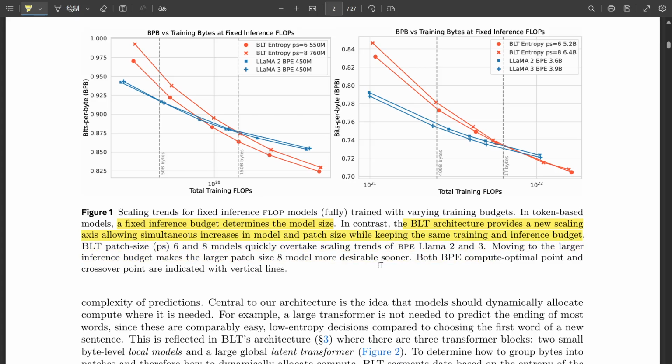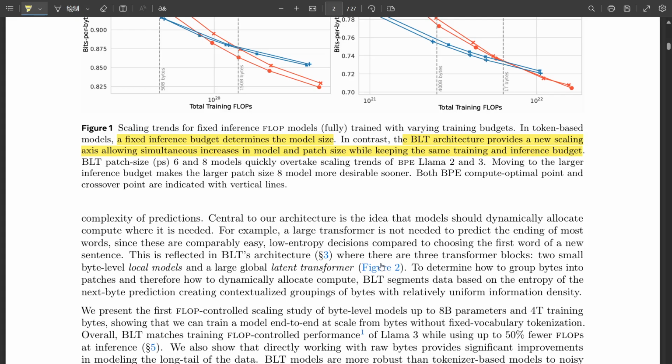And this is one of the big reasons it can do so much with way less processing power than those old token-based models. So we've got an AI detective scanning text, making these dynamic patches based on how unpredictable things are. That's BLT. It's wild. But I'm still trying to picture how it actually works. What's going on under the hood?